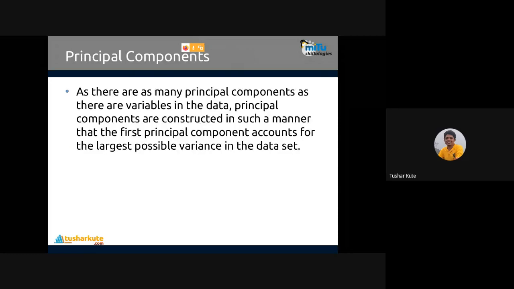That's called principal components. There are as many principal components as there are variables in the data, and they are constructed in such a manner that the first principal component accounts for the largest possible variance in the data.